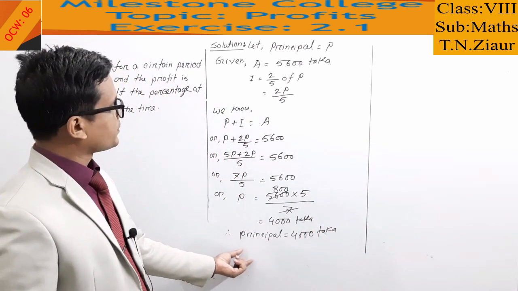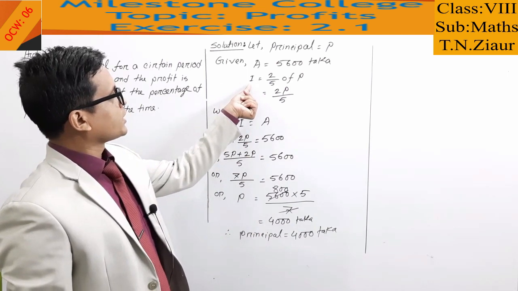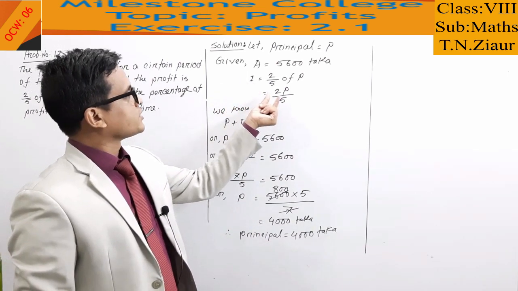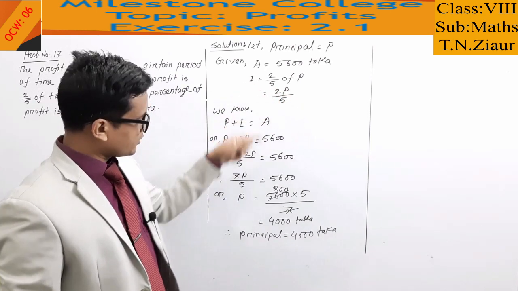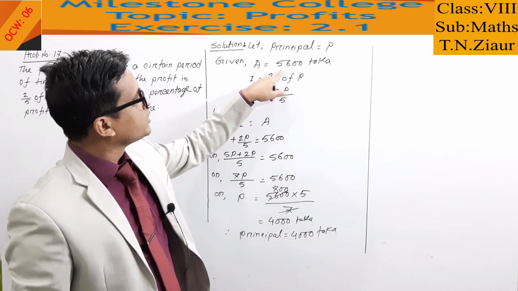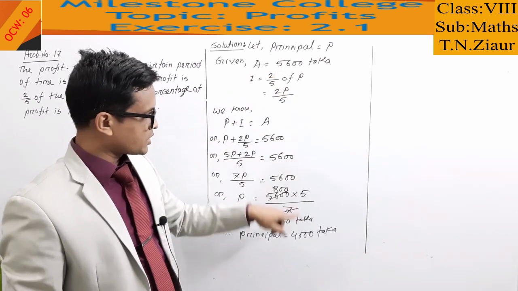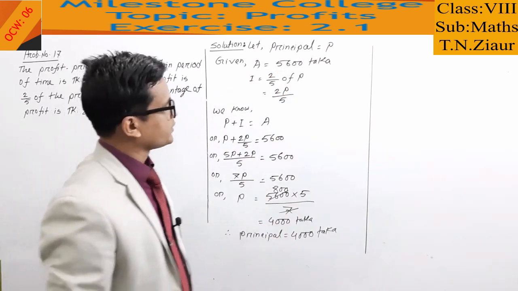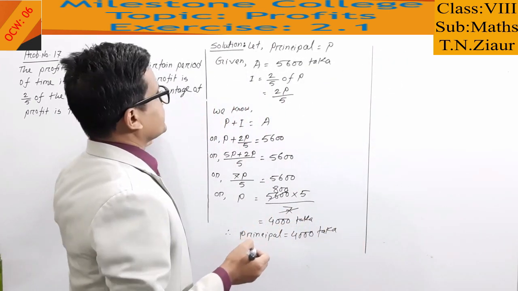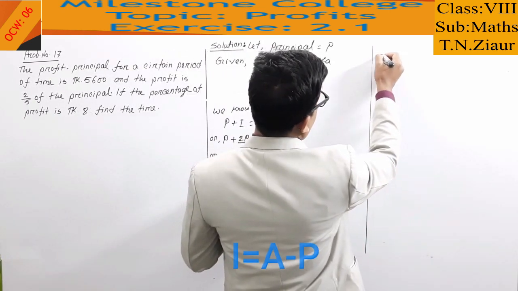So how do you find the principal? Now we can get the profit, because profit I is equal to 2p by 5. That is the easy way to find this one. Otherwise you can subtract from 5600, subtract this one, then you will also get the profit. Now we have to find the time. Now what will you do? Just write again